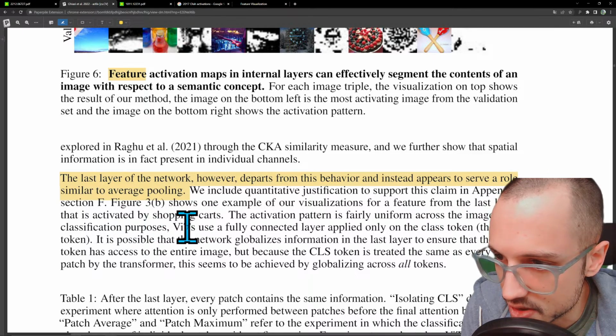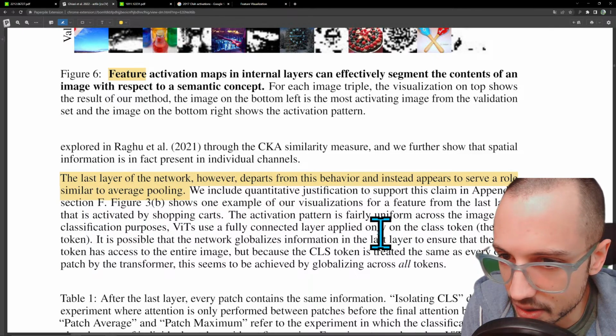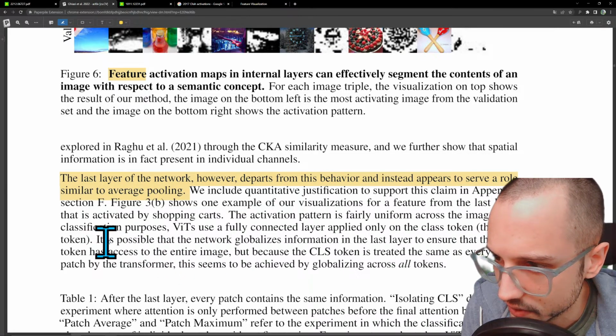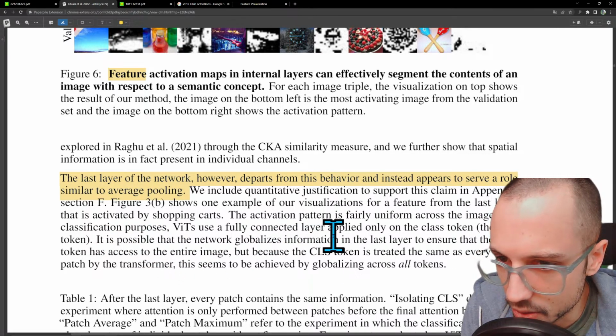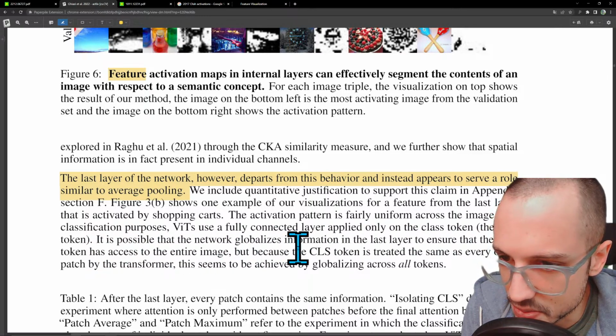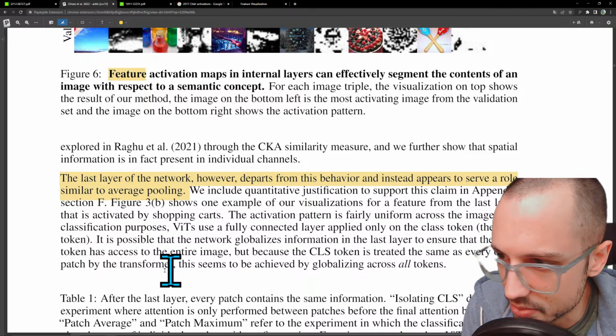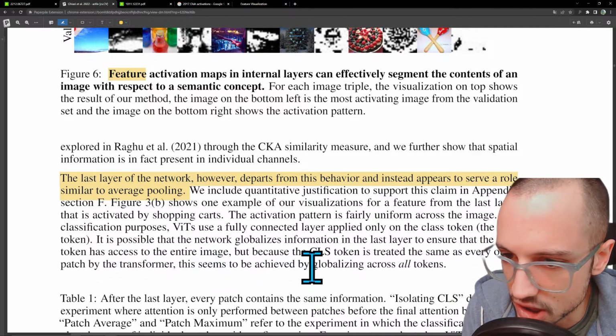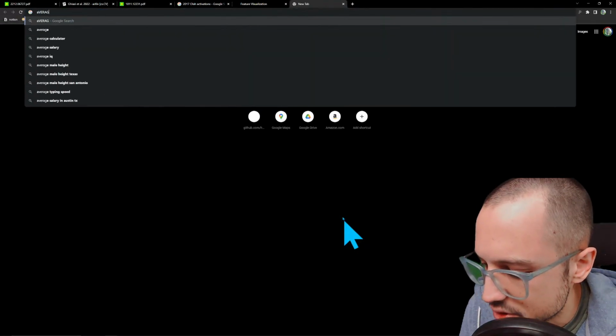For classification purposes, ViTs use a fully connected layer applied on only the class token. It's possible that the network globalizes information on the last layer to ensure that the class token has access to the entire image, but because the class token is treated the same as every other patch by the transformer, this seems to be achieved by globalizing across all tokens. So, average pooling,